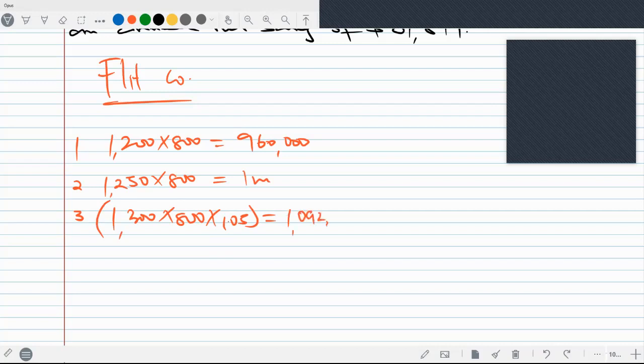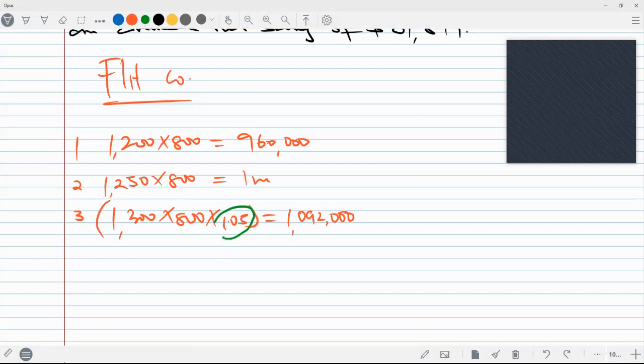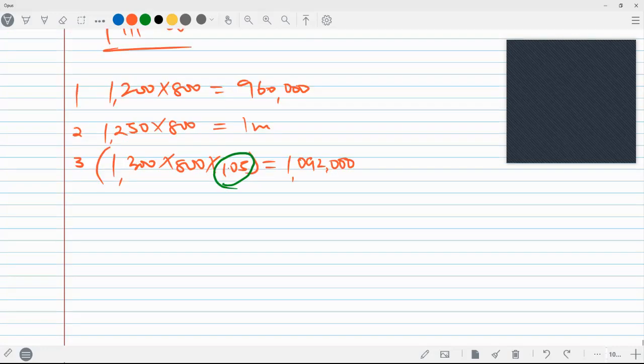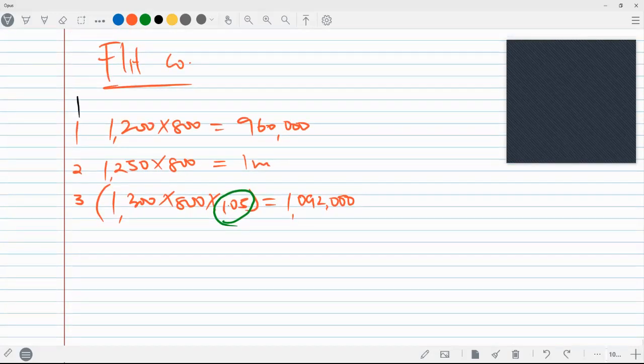1,092,000. And therefore, the cash to be received. Don't forget there's a 5% increase for the sale of the price as at the month of February. Clear? Question? This is the amount received from sales. That is note 1. Now, note 2.